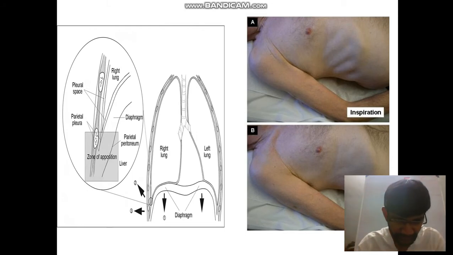You can all see here, the diaphragm is a curved structure, and this is the rib cage. The diaphragm is attached to the rib cage from here to here. So you can see this is the zone of opposition. The part of the diaphragm which is in contact with the lateral rib cage is known as the zone of opposition. So in a COPD patient,